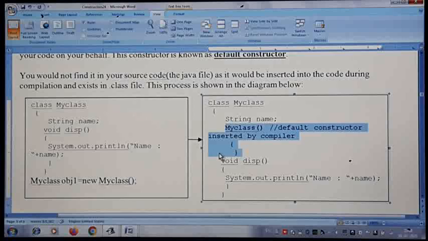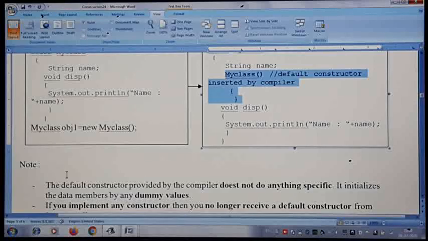It does not do anything in specific. If you have any variable, it just initializes the variable with a dummy value or some junk values. So I have written the note here: the default constructor provided by the compiler does not do anything in specific. It just initializes the data members with some dummy or junk values.